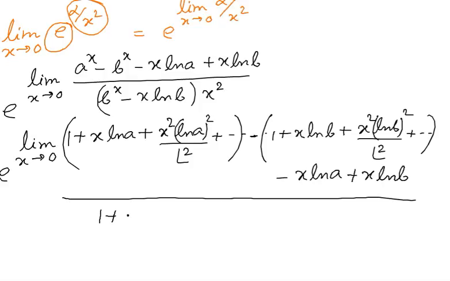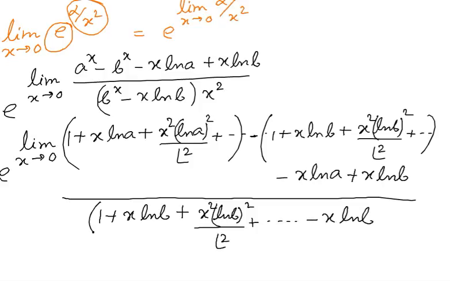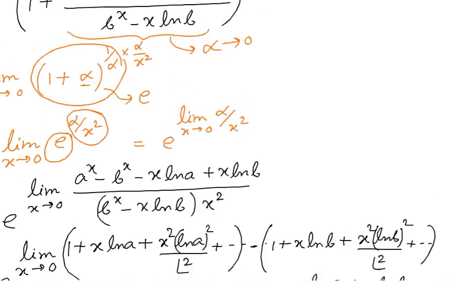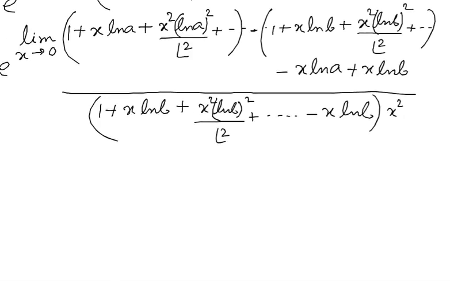That is again 1 plus x ln b plus x square ln b square by factorial 2 minus x ln b into x square. So you can easily see that some of the terms are getting cancelled out, like this plus 1 and minus 1 cancels out, plus x ln a minus x ln a cancels out, minus x ln b plus x ln b cancels out. So you can see that in the numerator we are having